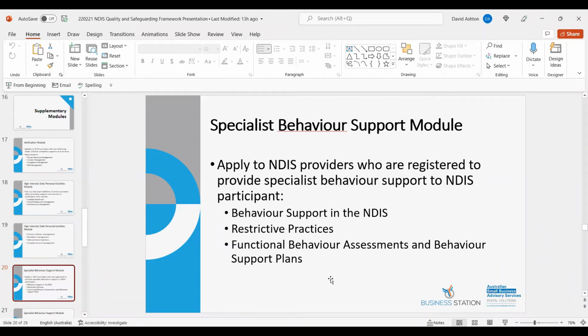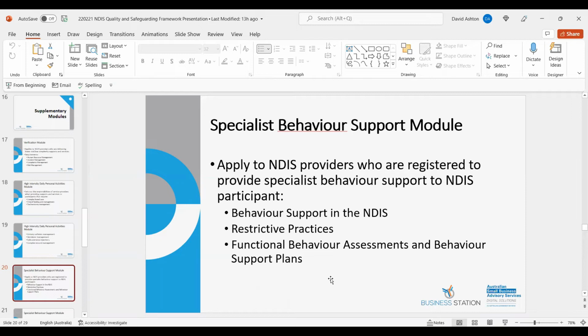So restrictive practices is another one. These are things that you put in place to restrict the movement or behaviour of participants. And this is something that is becoming less appropriate. The documents that you need to refer to are the National Disability Insurance Scheme Restrictive Practices and Behaviour Support Rules 2018,